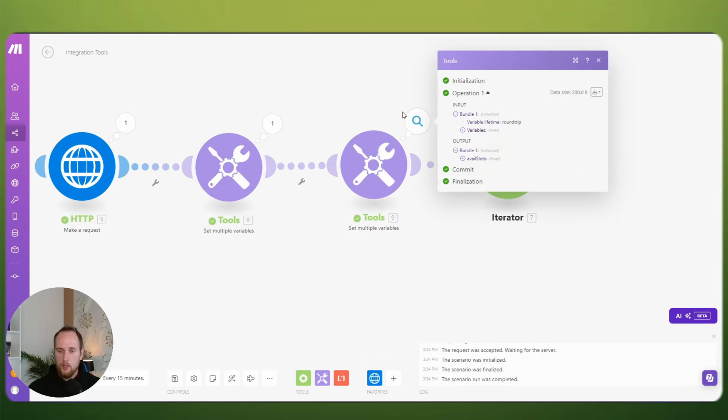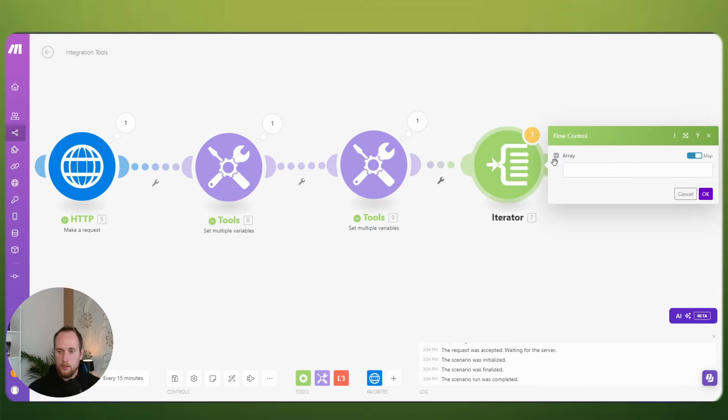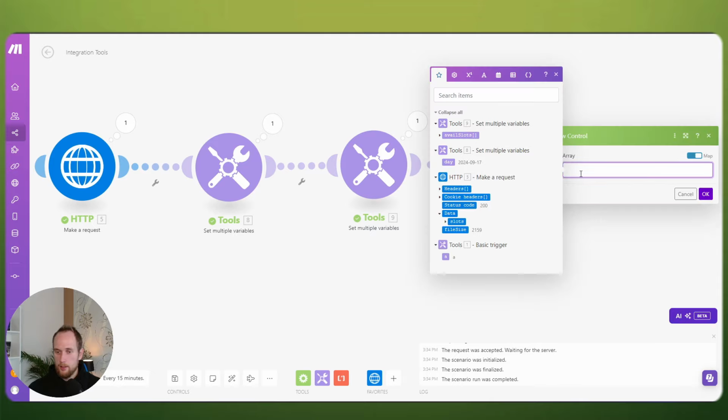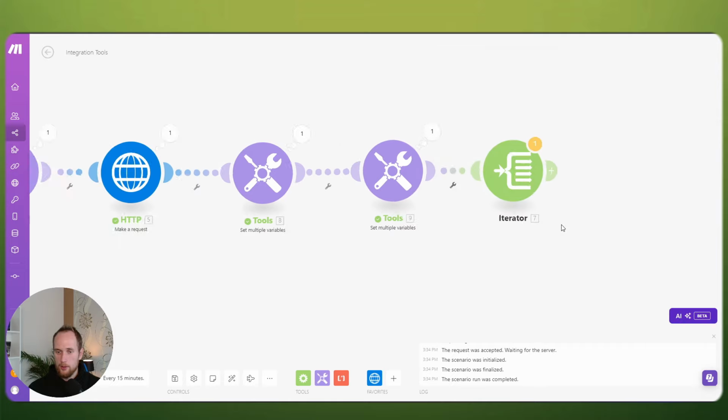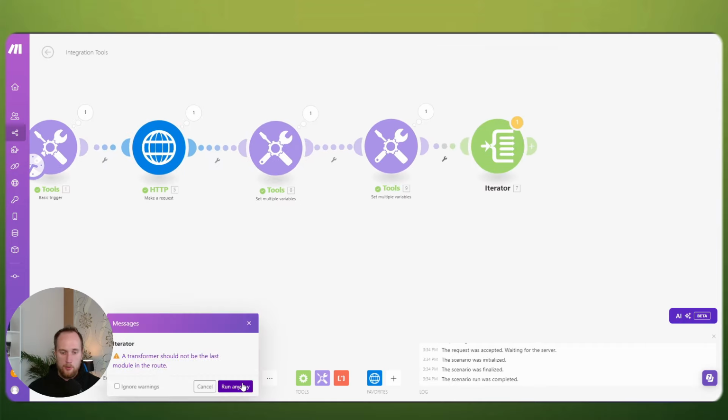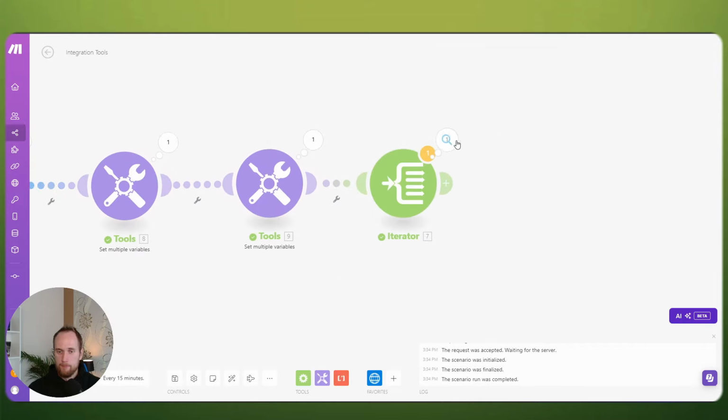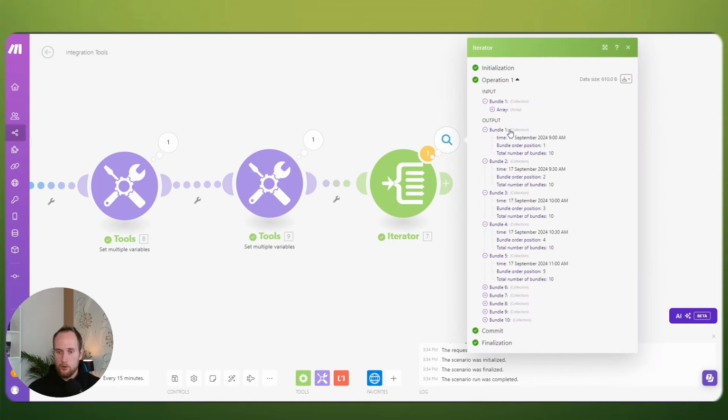So now, since this is an array, we can put it through our iterator. So we click on this, and you know it actually becomes an array when you've got the little arrow and the square brackets on the end of the variable. Click on that, press OK. Click run once just to show how it looks. And then our bundles, so bundle 1 is like the first free slot, bundle 2 is the second free slot, and so